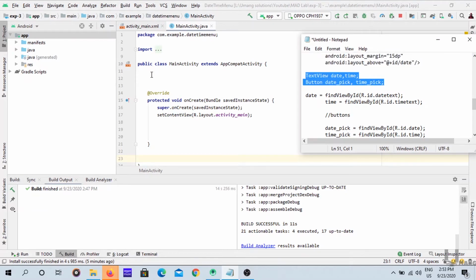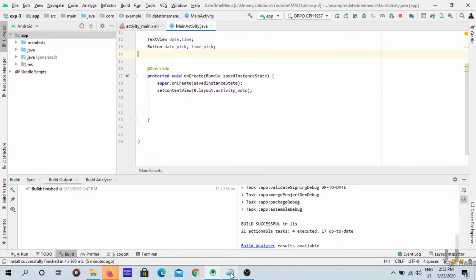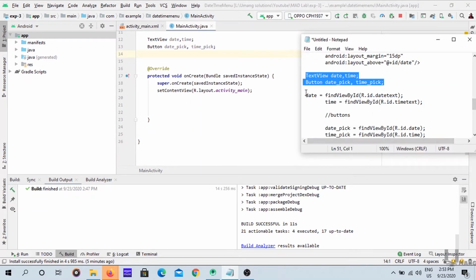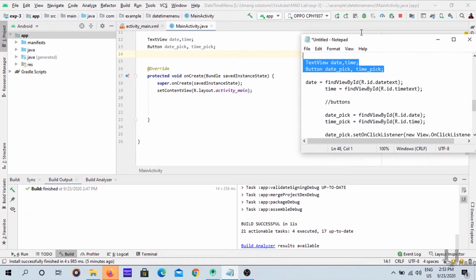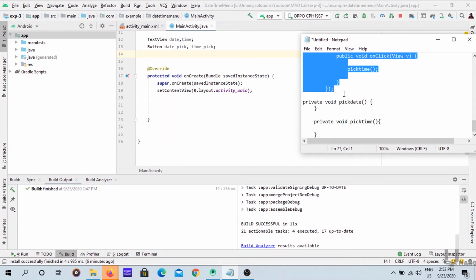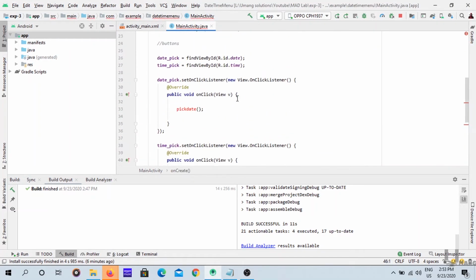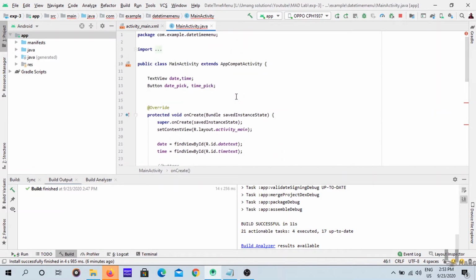I am just copy pasting the code. That's it.